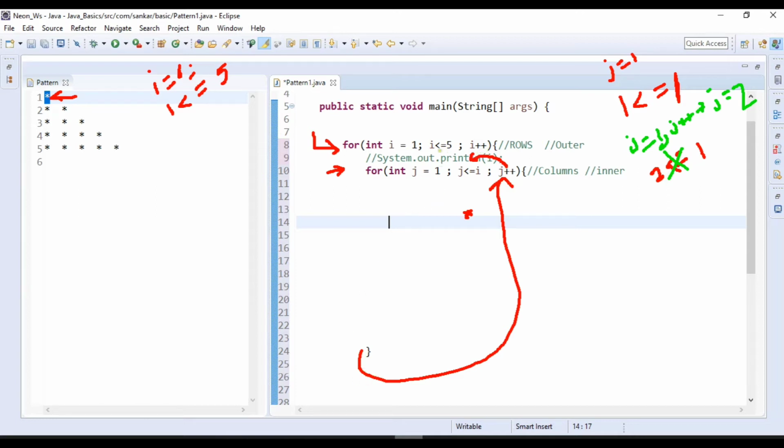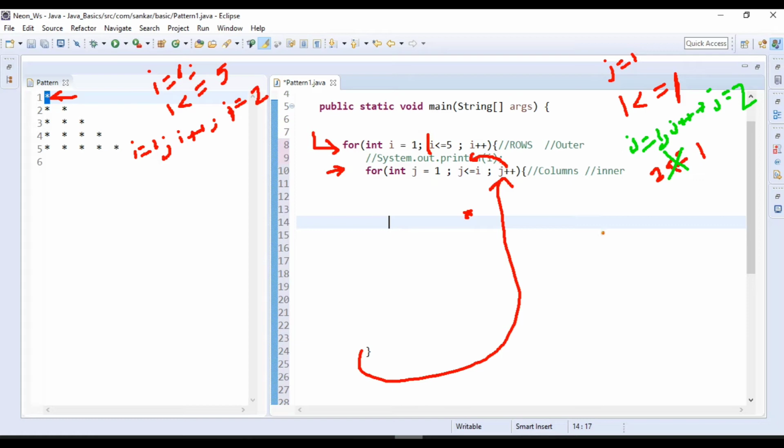So at that time, tell me, now i++. What is the i value now? The i value is 1 only. Now we are incrementing i++. So at that time the i value becomes 2. Am I right or wrong? So the condition will be checked: 2 less than or equal to 5. The condition will be satisfied. Then it will go to the inner for loop.